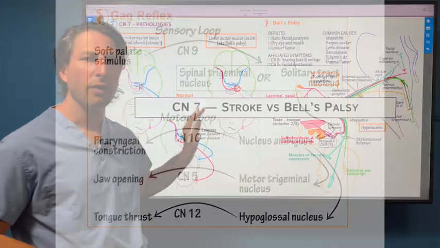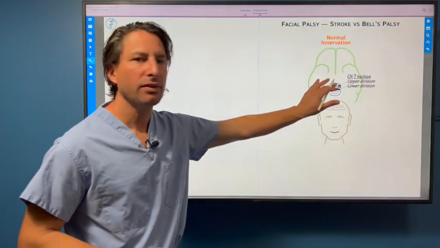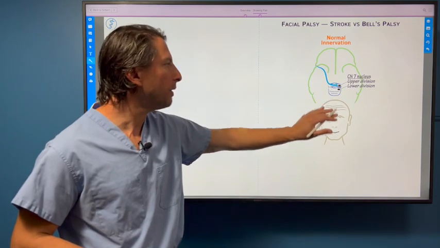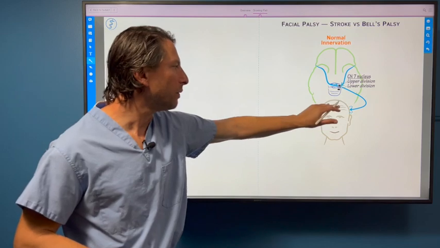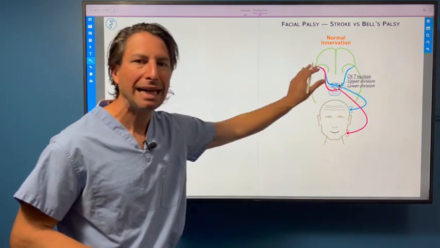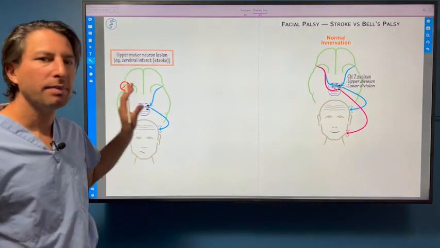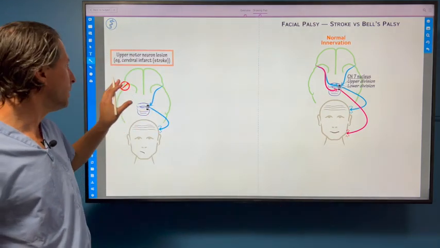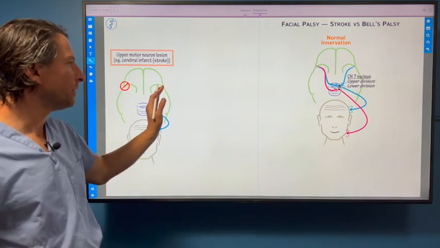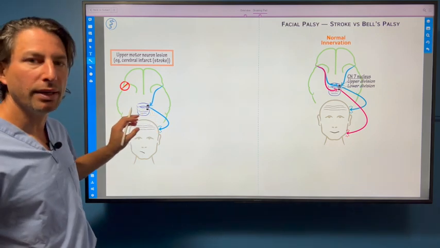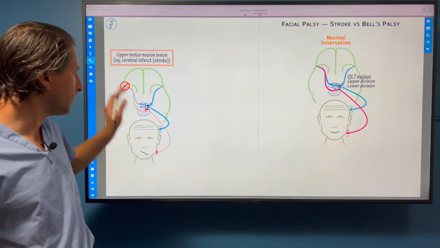So now let's walk through facial nerve innervation, stroke versus Bell's palsy. The key thing about the facial nucleus is that it has both upper and lower divisions. The upper division has bilateral innervation of the forehead, whereas the lower division only has contralateral innervation for smile here. So how this manifests is, in a cerebrocortical stroke, for instance, only the opposite side of the brain is preserved, so it can maintain forehead wrinkle,